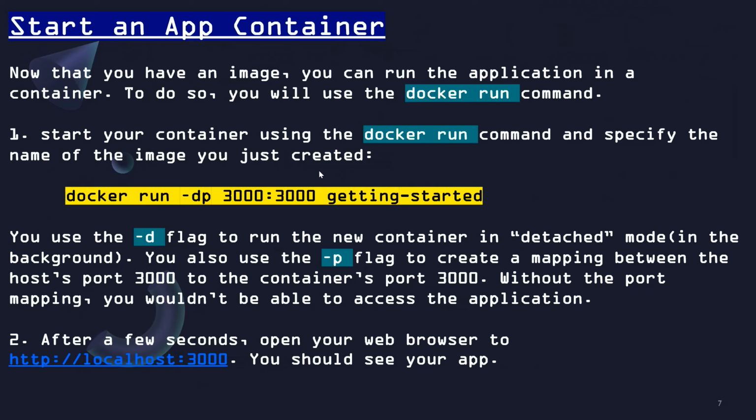Start an app container. Now that you have an image, you can run the application in a container. To do so, you will use the docker run command. 1. Start your container using the docker run command and specify the name of the image you just created. docker run -dp 3000:3000 getting-started. You use the -d flag to run the new container in the detached mode in the